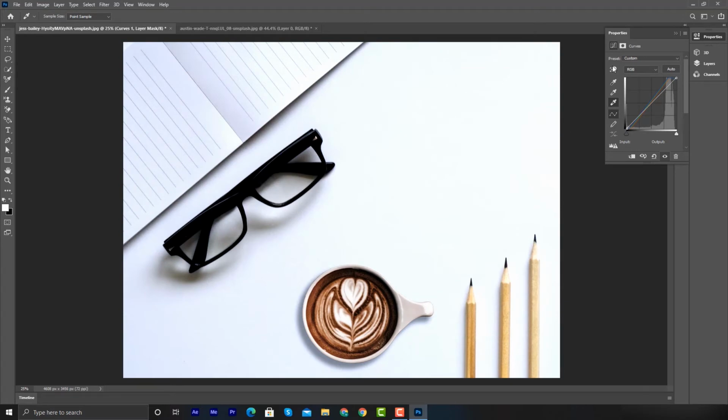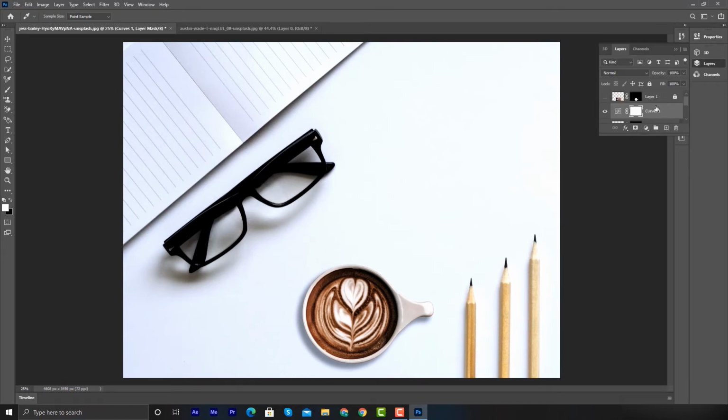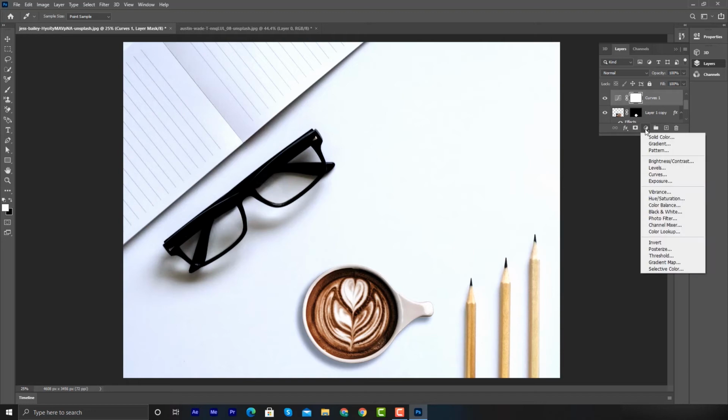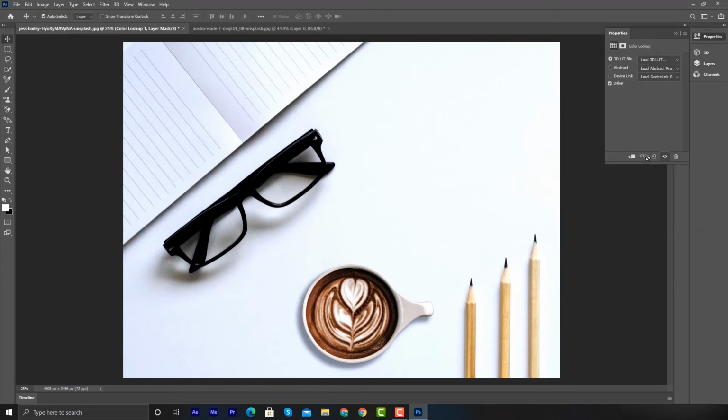As you can see, it made kind of changes. You can check it from here, the previous one, and after the effect that we apply on it. And go ahead on layer, make another adjustment layer, and go ahead and click on color lookup and select